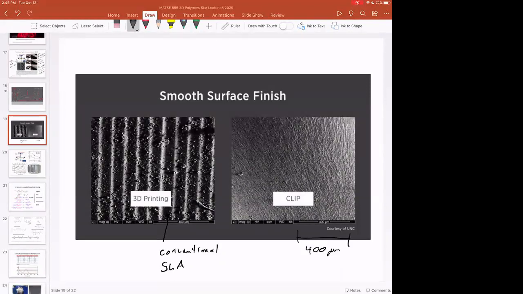And the layers are actually adhered well to each other. So we have good interlayer adhesion in both examples, but this scalloping layer by layer occurs